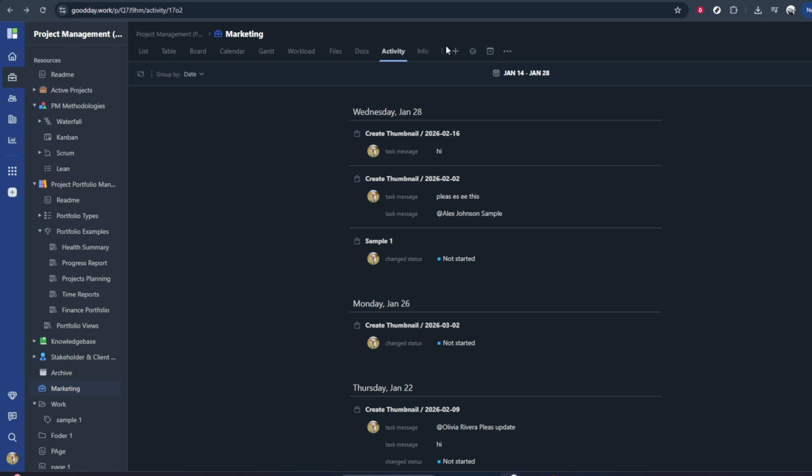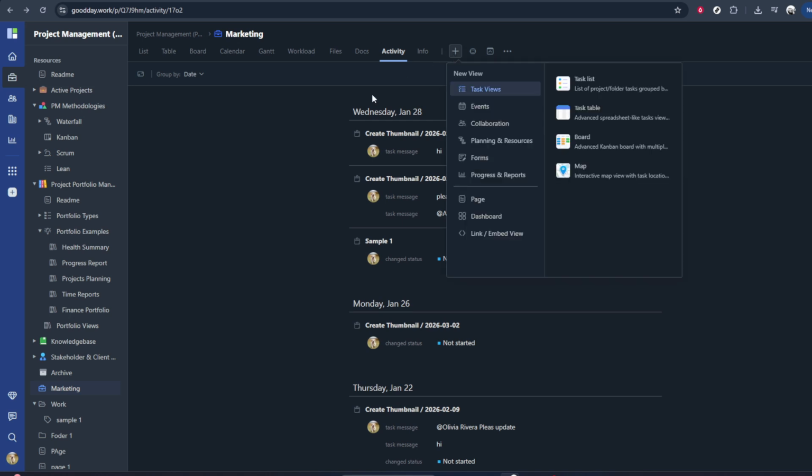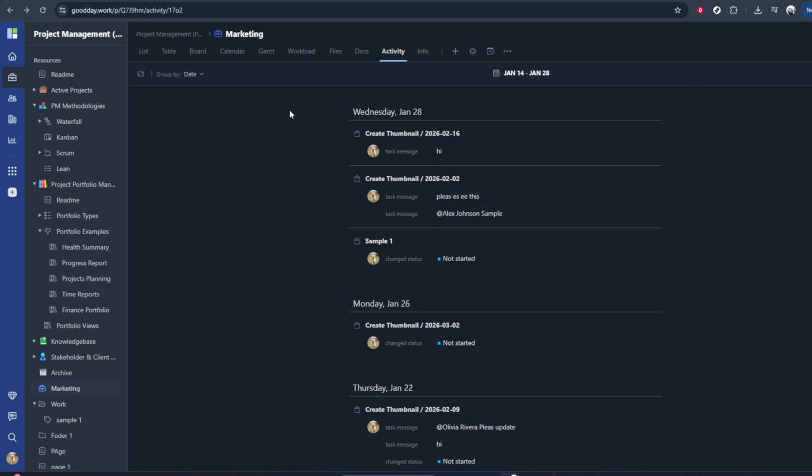After clicking Add View, Goodday will guide you through setting up your view. Here you can choose filters, columns, and layout depending on what progress information matters most to you, like recent updates, task completion trends, or team activity. Taking a moment to fine-tune these settings will make it much easier to check in on your project quickly in the future. Once your view is saved, you can